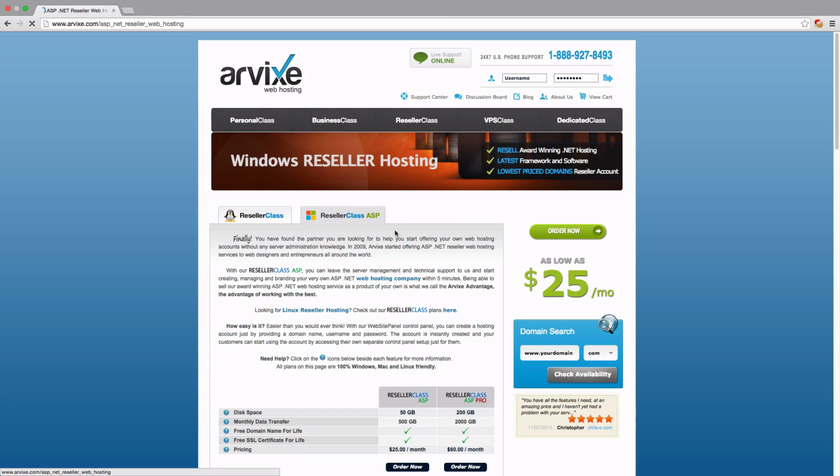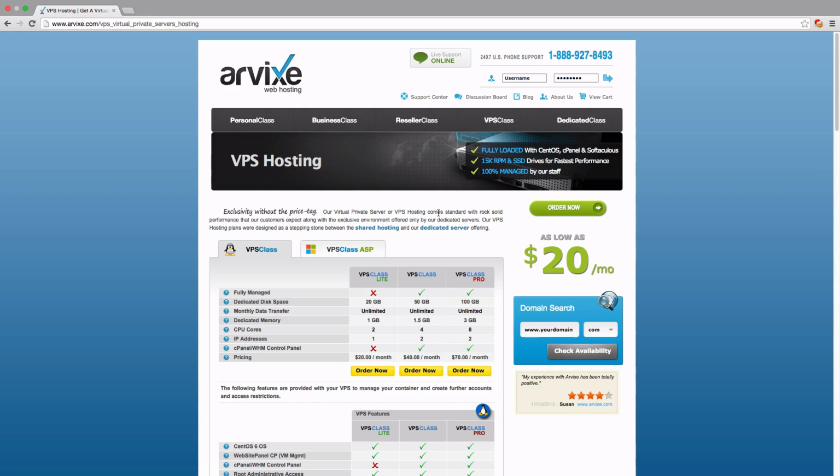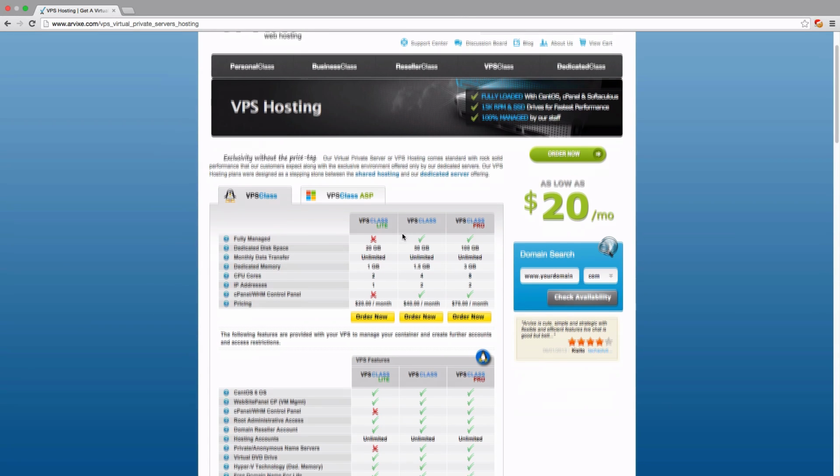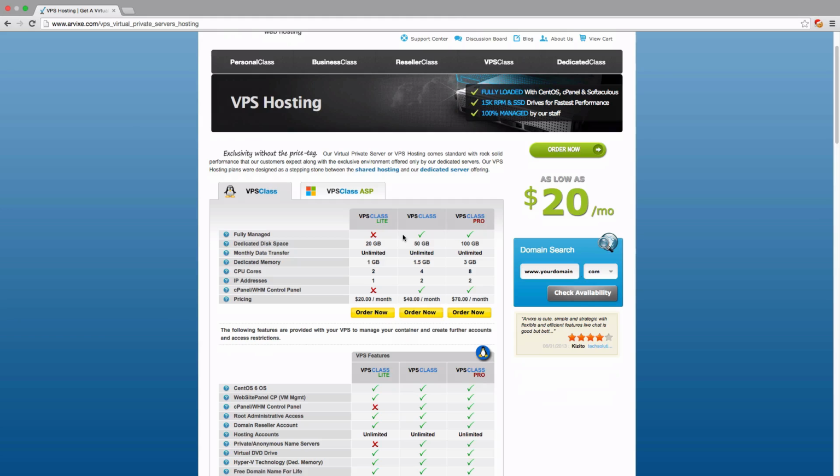We also offer a VPS class hosting. Now, VPS means a virtual private server, and this is no longer shared hosting that you share with other users. Instead, this is a dedicated type of hosting. You'll be on your own server environment all to yourself. This is great if you want to be able to customize the environment, or if you already have administrator experience,